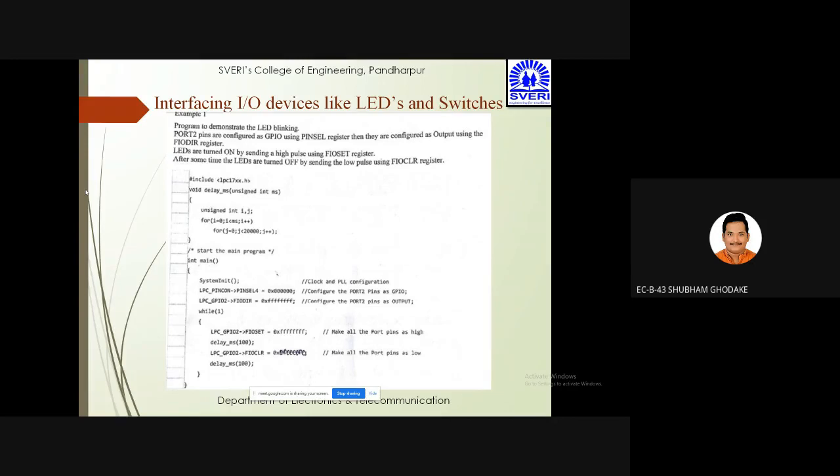Then the first is configuring the port 2 pin as GPIO, then configuring the port 2 pin as an output. Okay, these two things are there. Then there is a while loop. So जब तक एग्जीक्यूट होता रहेगा, पहले क्या होगा कि हम सारे पल्सेस हाई देंगे पोर्ट पिन को ताकि वो एलईडी ऑन हो जाए। सो वो किसके थ्रू दे सकते हैं, वो इसके थ्रू दे सकते हैं LPC GPIO2 FIOSET रजिस्टर के थ्रू। यानी कि वो हाई पल्स देंगे, मतलब क्या होगा, F दे दिया, यानी कि हाई वैल्यू दे दी। तो ये जैसी हाई वैल्यू दे देगा तो आपका एलईडी ऑन हो जाएगा.